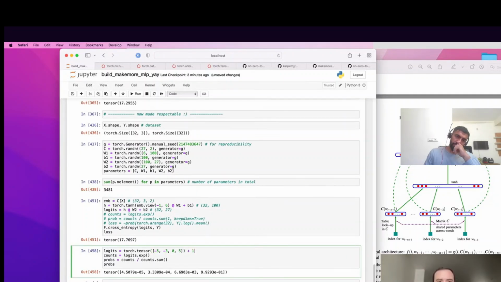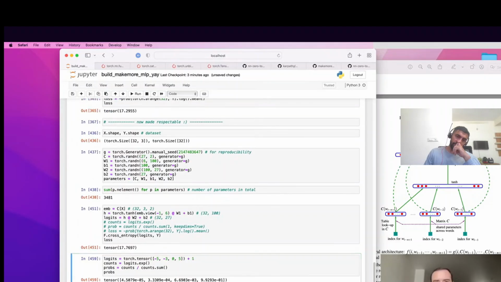So if I add 1 here, you actually get the exact same result. Or if I add 2, or if I subtract 3. Any offset will produce the exact same probabilities. So because negative numbers are okay, but positive numbers can actually overflow this exp, what PyTorch does is it internally